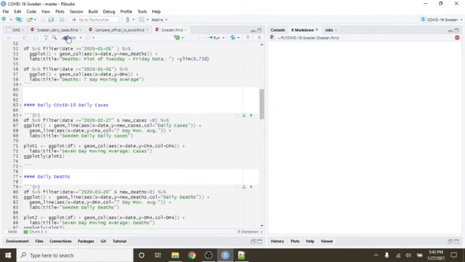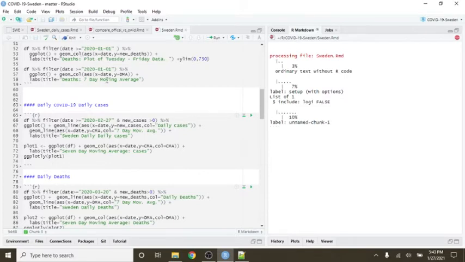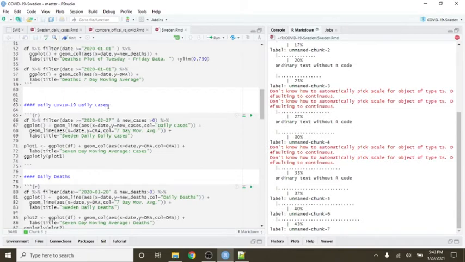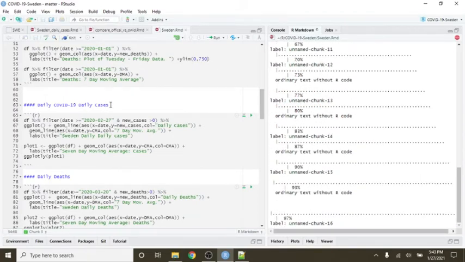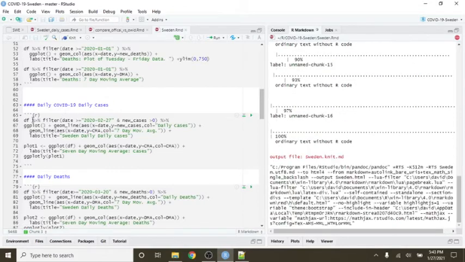What I'm doing, I'm getting rid of the negative numbers. I'm not sure why that's there, but I don't like it. I'm sure it has something to do with a correction. Maybe it's a correction when they switch to Sunday through Thursday, Tuesday through Friday numbers. I'm not really sure. Okay, here we go.